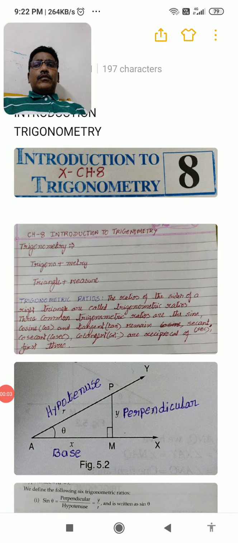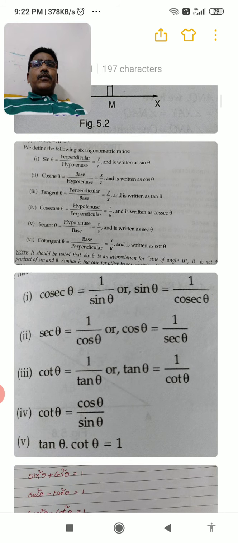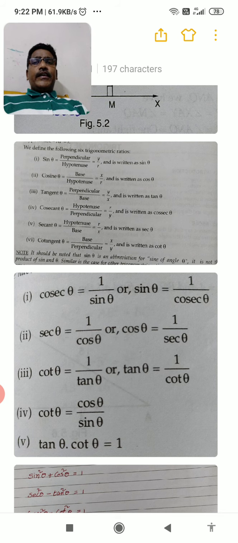Okay, today we are going to discuss exercise 8.2. In the first video I explained exercise 8.1 clearly, so this is only a revision. You will observe that 8.2 is related to angles. In 8.1 we found ratios. Here the angles are 0 degrees, 30 degrees, 45 degrees, 60 degrees, 90 degrees.